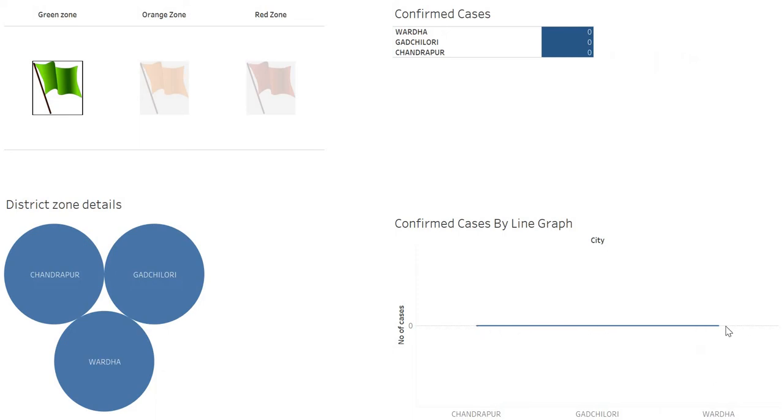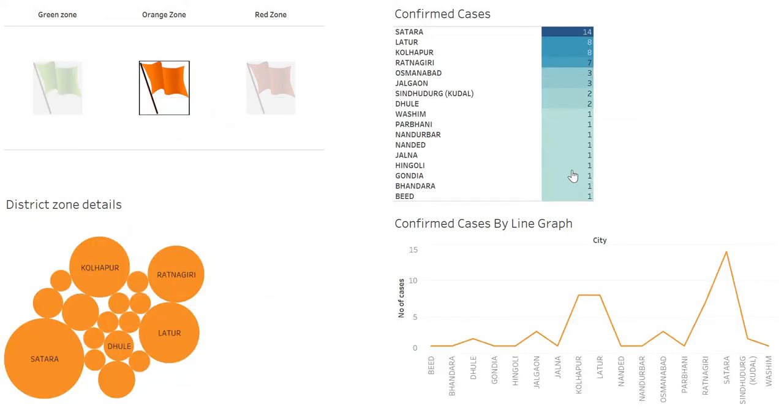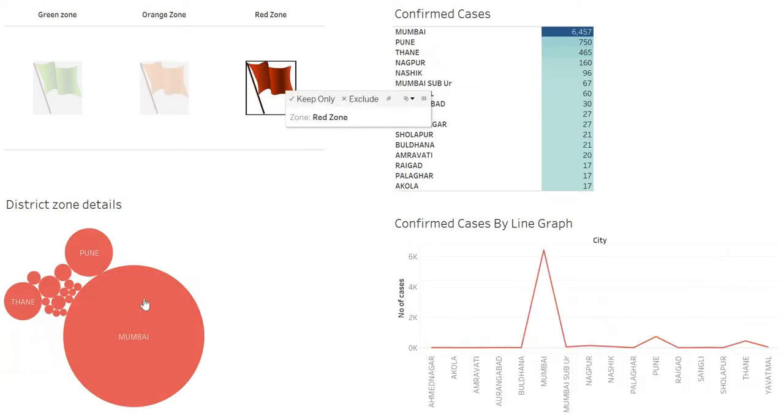Here I am getting the line graph. If you click the orange one, you will get those details, the number of cases, and this graph. And if you click on the red zone, you will get those details. How we can make this beautiful dashboard in Tableau software, we will see in this lecture.